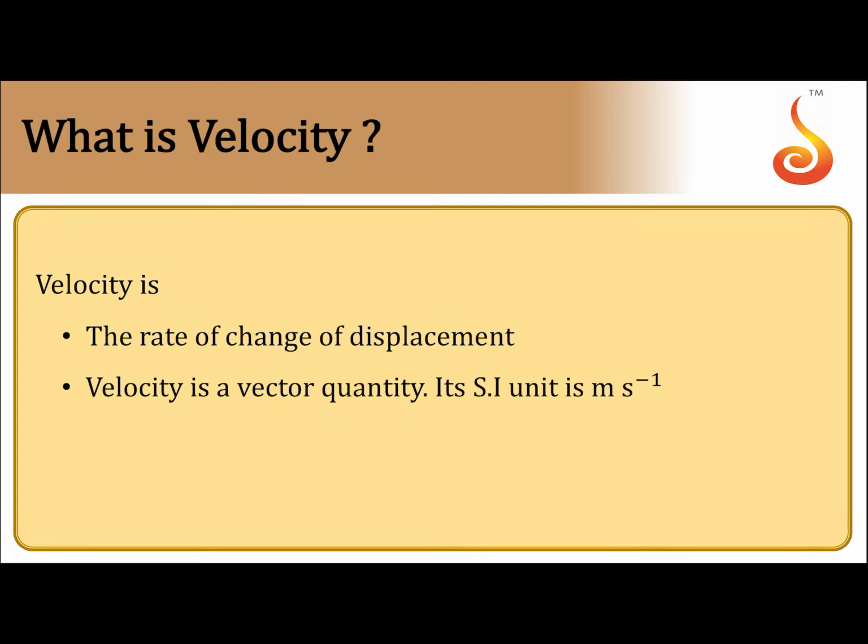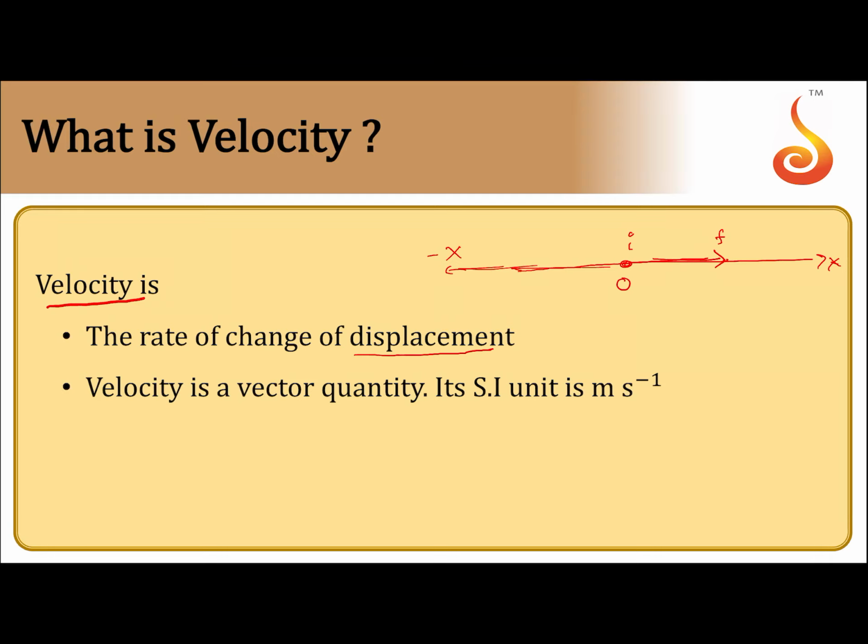Let us consider a particle which is moving along this line, this being the origin, and of course this is your plus x axis, and on this side you have negative x axis. Let us assume that the particle is moving along positive x axis, this being the initial position and this being the final position. Now, as the particle moves, there is a change in position and thus there is some displacement. Now, this displacement divided by time is what is called velocity. Velocity is the ratio of displacement to time.